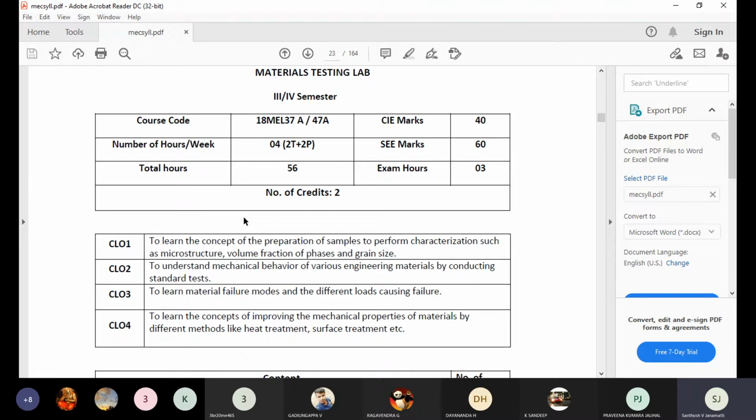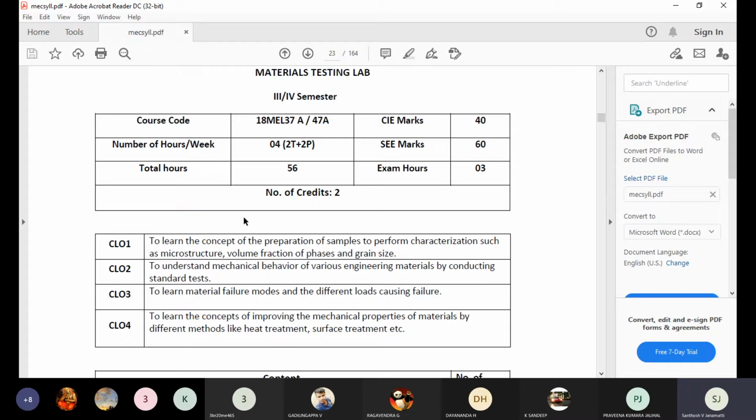Whatever theoretical aspects you discussed earlier will be executed here practically. But we don't have that opportunity to conduct practically because of the pandemic issue. So we are at home. We are all at home, and at least we are trying to move to